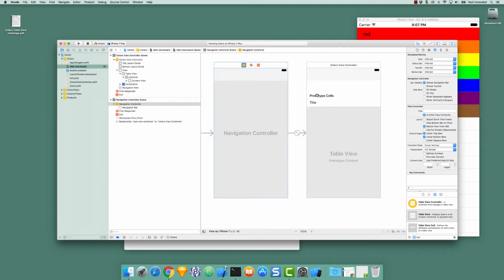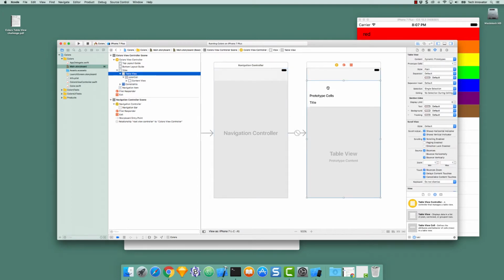Now you'll also notice I ended up with some extra white space here in the table view, and this is because when I use a view controller and I put a table view in it and then I embed this in a navigation controller, some space is made for the navigation bar, but since we placed the table view below the top layout guide where the nav bar goes, we don't need this extra white space. So if we have that extra space, we can uncheck here